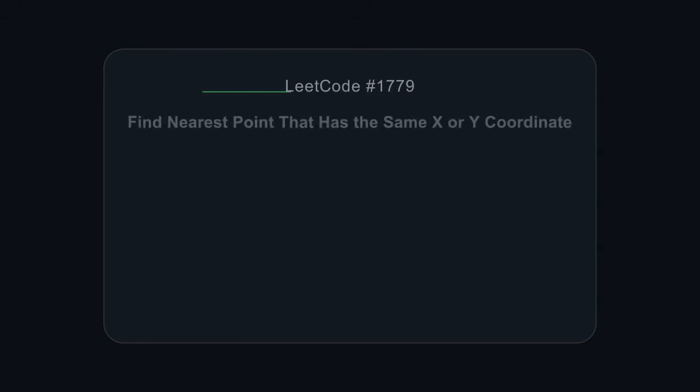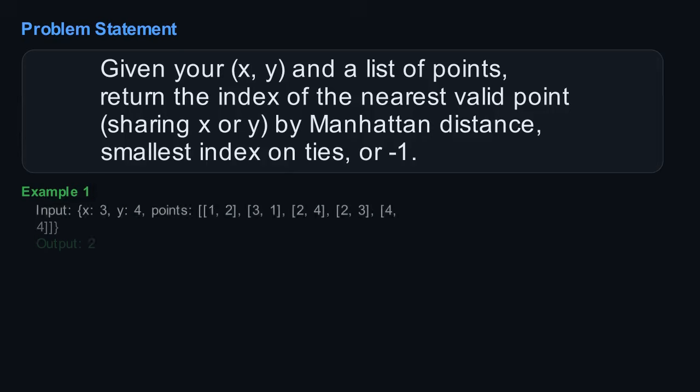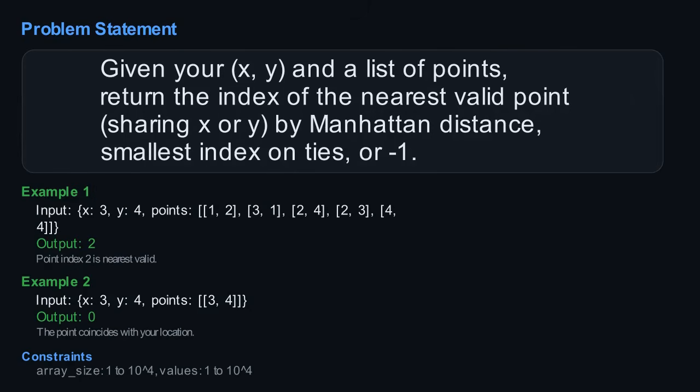Today, we tackle a problem where you're given a specific coordinate and a list of other points. The challenge is to find the index of the point that's not only valid based on a simple rule, but also the closest one to your starting position. The problem, find nearest point that has the same x or y coordinate, asks us to find the index of